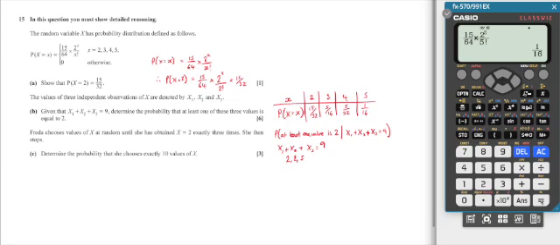I could do 2, a 3 and a 4. And I could do 3, 3 and 3 in any order. So let's find the probabilities